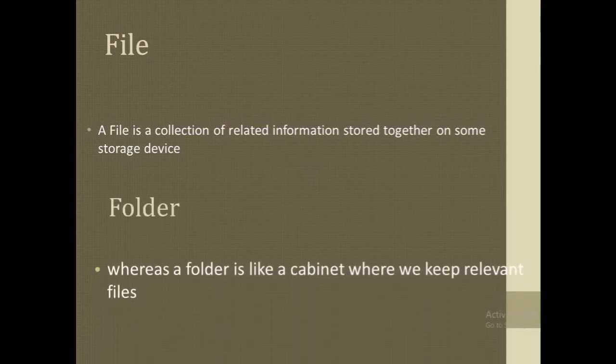We also discussed what a file is. We know a file is a collection of related information stored together on some storage device. We also discussed the folder, which is like a cabinet where we keep relevant files.